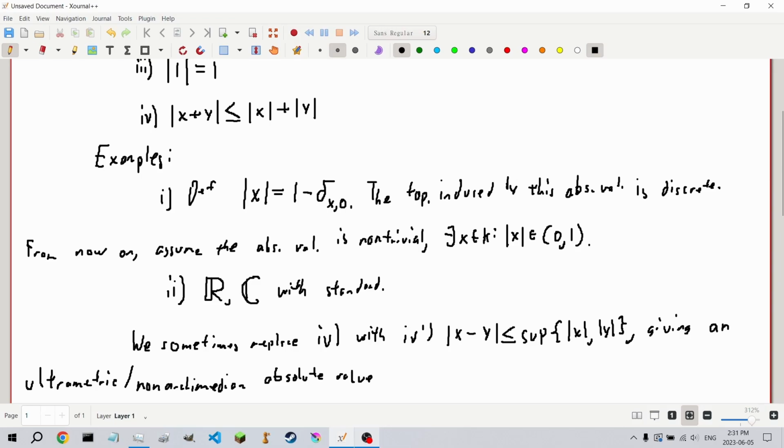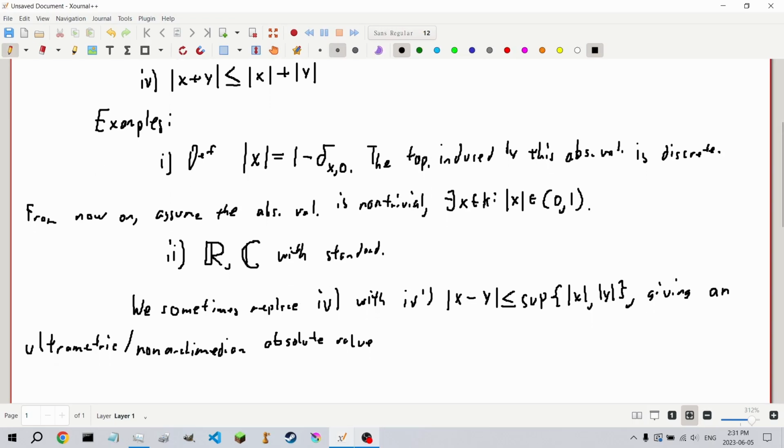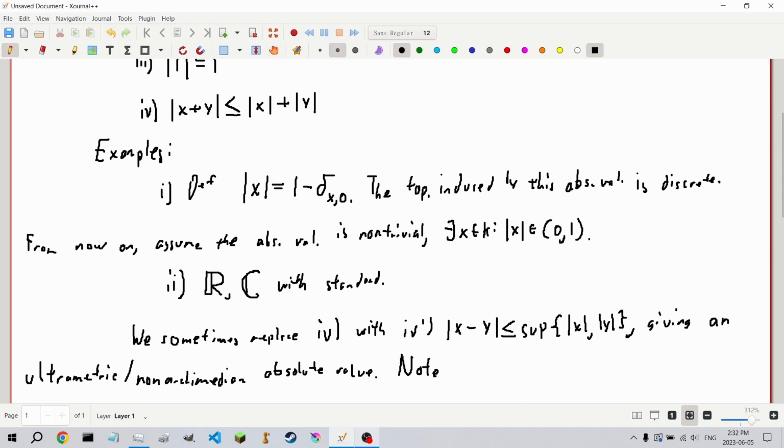These are used to construct our p-adics and that kind of thing. Note that this condition is equivalent to saying that